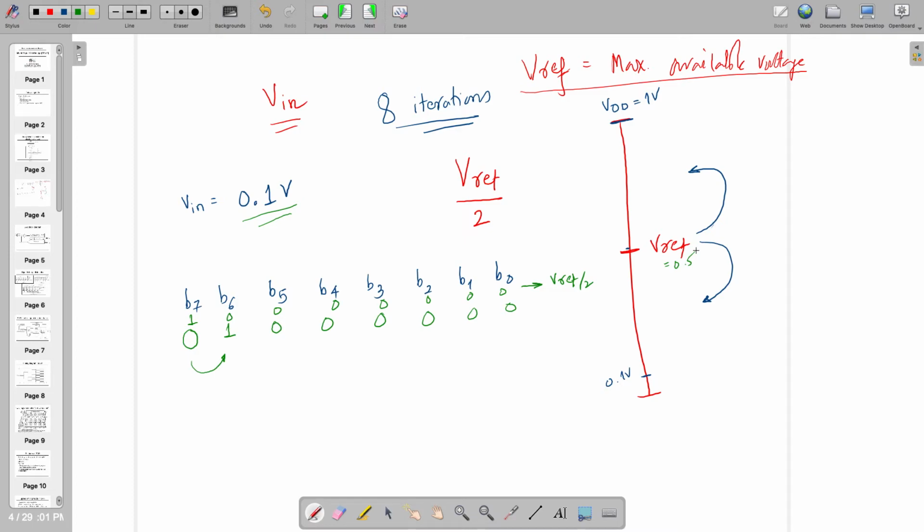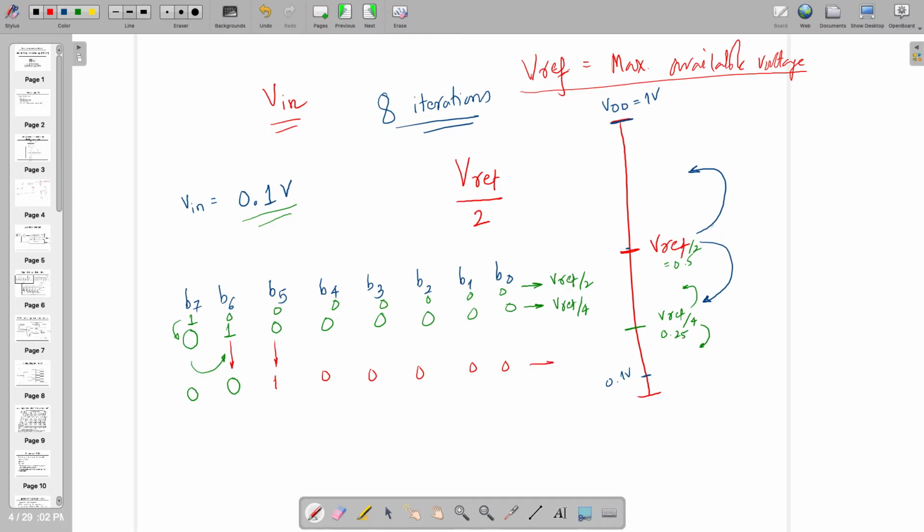If it is lower, then I need to make this bit 0 and the next bit 1. For this, it will be what value? Equivalent value of Vref by 4. Vref by 4 is here somewhere, which is 0.25. So whether it's more than 0.25 or less than 0.25. If it is less than 0.25, then we are going to make this bit 0 and keep the next bit 1,